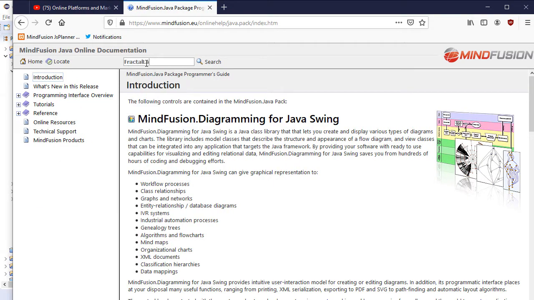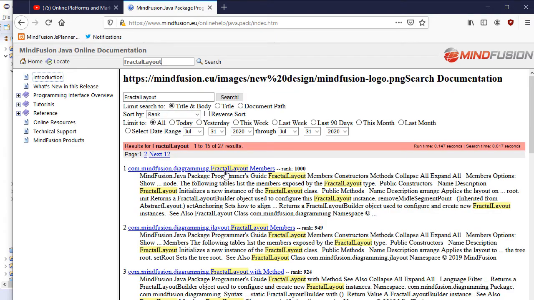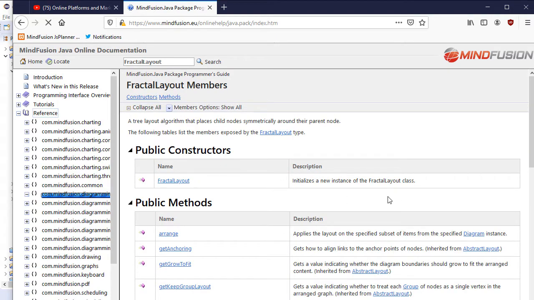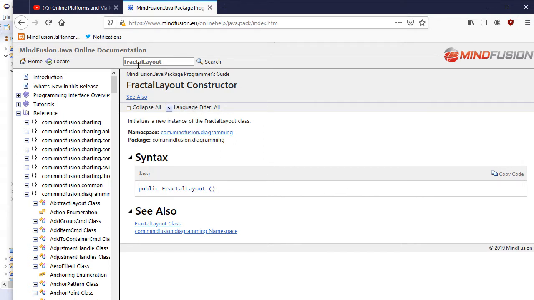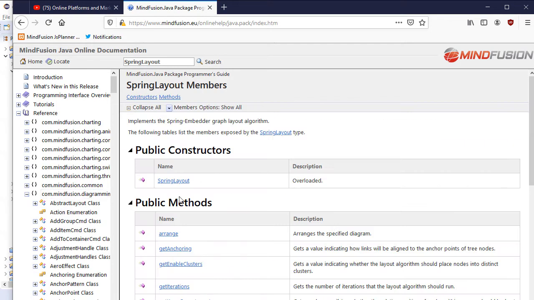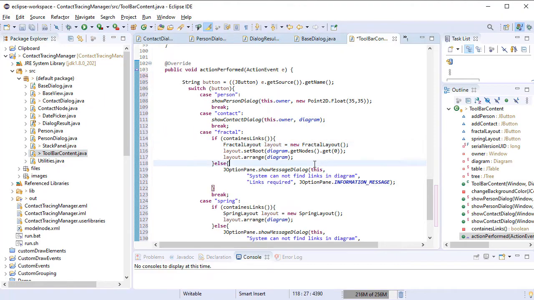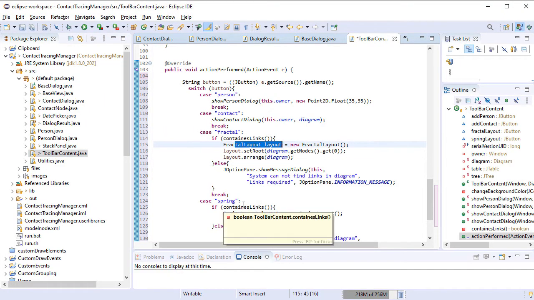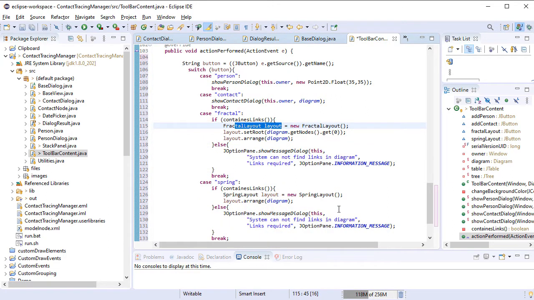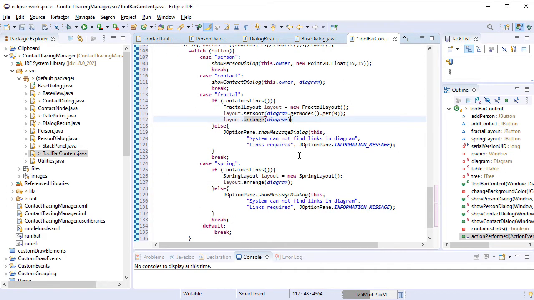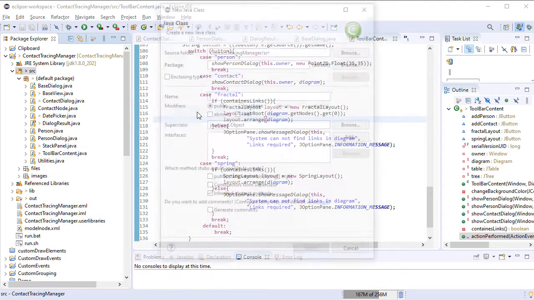The fractal layout and spring layout classes are part of the diagramming component for Java. All layout algorithms are applied in the same simple way. We create an instance of the layout class and call its arrange method, providing as a parameter the instance of the diagram that should be arranged. With that, our toolbar content class is ready and we can go on implementing the other UI classes, File Panel